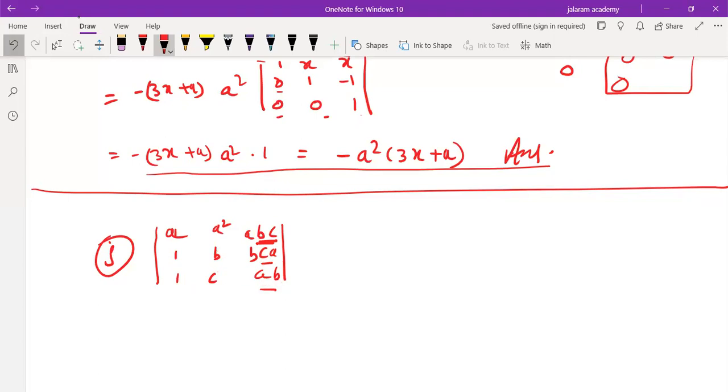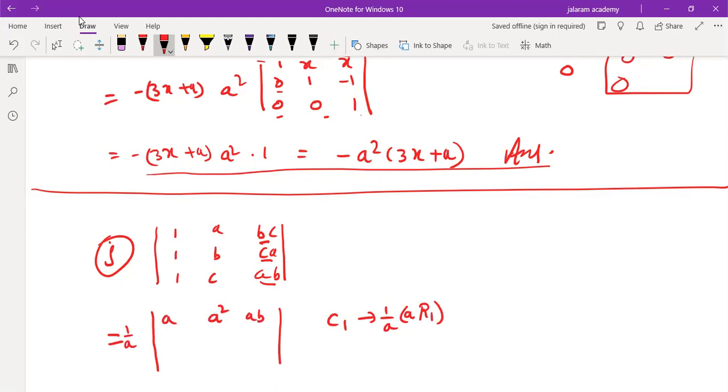So we will start with the original question. And why have we multiplied BC by A to bring ABC? Why have we multiplied CA by B to bring ABC? Why have we multiplied AB by C to bring ABC? Whenever we multiply one of the elements of that row, we have to multiply all the elements of that row with the same. Which means first we divide by A and then only we can multiply by A to row 1. So it is A square, ABC.